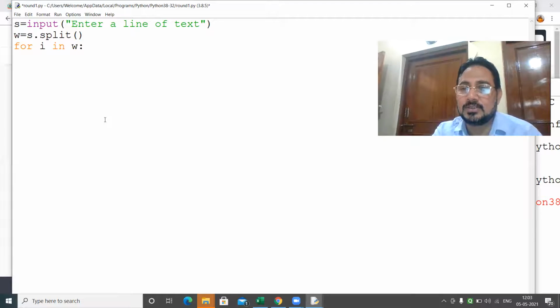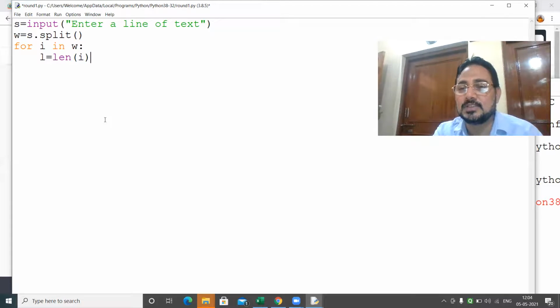Kota is a city of India, which I selected. So what I will do here, pay attention: I will find out the length. L is equal to length of I. I'm using the logic, hopefully it will work.